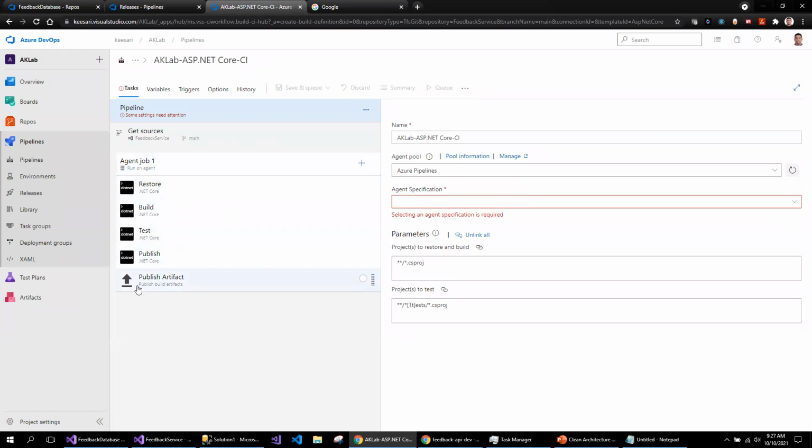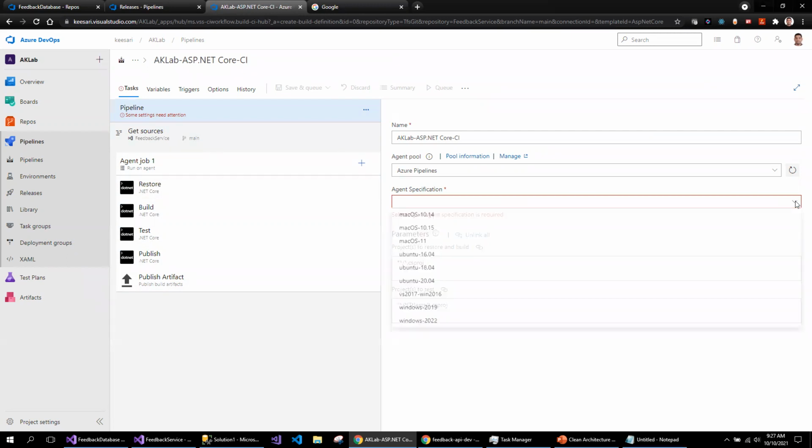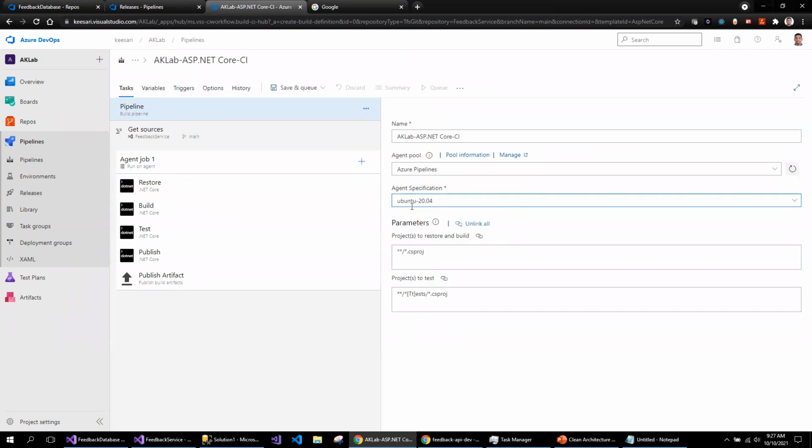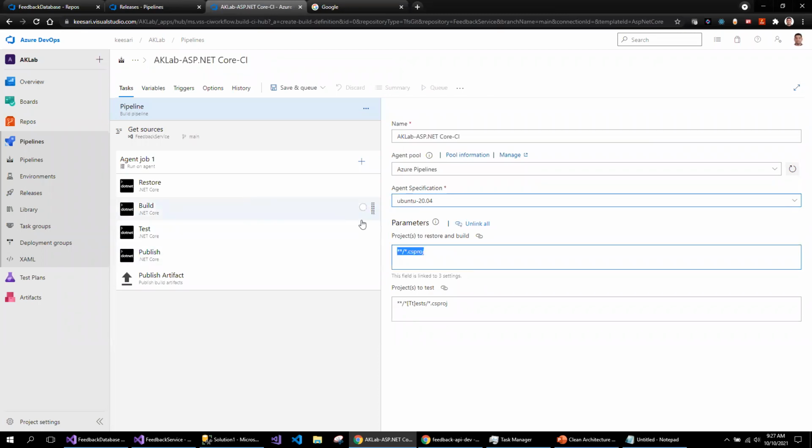So I will be reusing these tasks. I think with minimal changes, I will be able to start my CI. So I will be selecting the Ubuntu version, which is faster for compiling. If you see, this is trying to restore for all the projects within the solution.